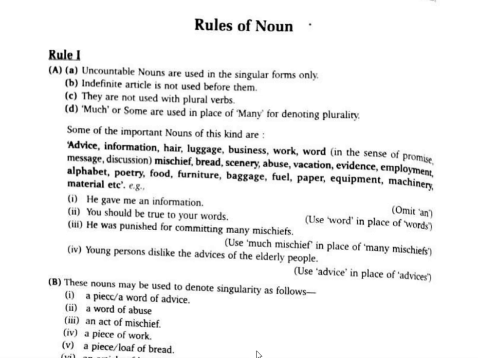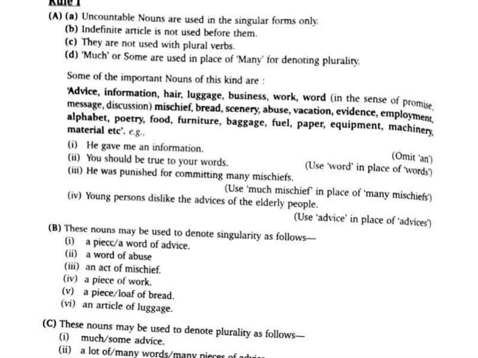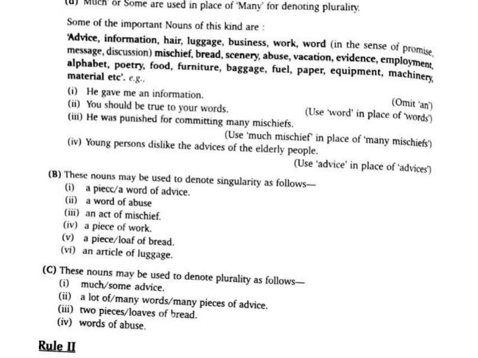And here you have seen that these nouns may be used to denote singularity as follows. Like here, a word of advice. We use a word of abuse, a word of advice, an act of mischief. So a word of advice was given by the principal. A piece of work, a loaf of bread rather than a piece of bread; you can use loaf of bread. So here now when we come to this,